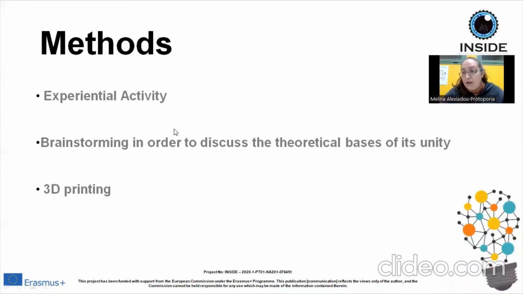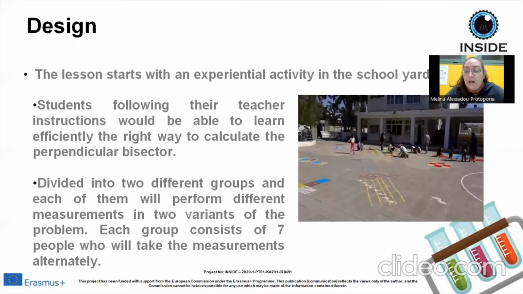The methods we're going to use for this lesson are experimental activities, brainstorming, and of course 3D printing. As for the design, the lesson plan starts with an experimental activity in the schoolyard. The students, following their teacher's instructions, will be able to learn efficiently the right way to calculate the perpendicular bisector